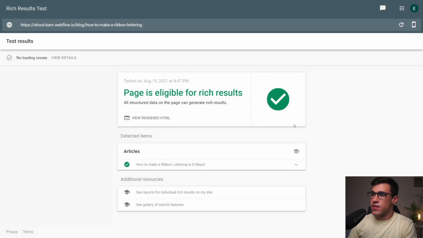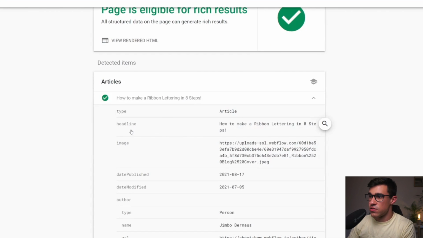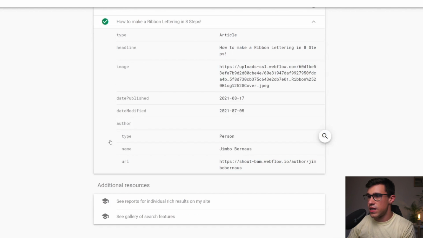And I can see here that my page is eligible for rich results. And I can also see here if all the information is getting propagated correctly. I can see here the headline, this is working, date published, date modified, awesome, and I can see the author here. Now that we covered this simple implementation of the article, let's have a look at a more advanced implementation